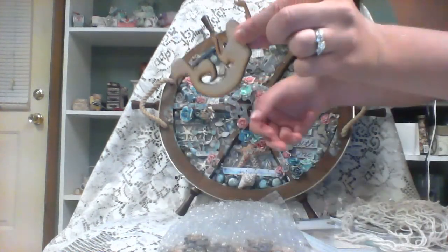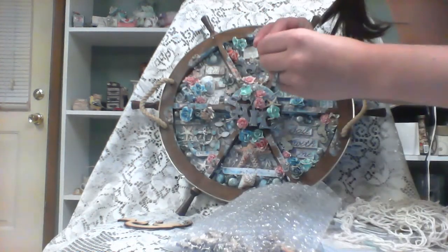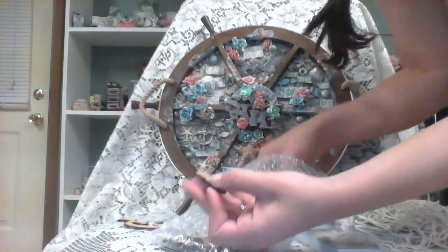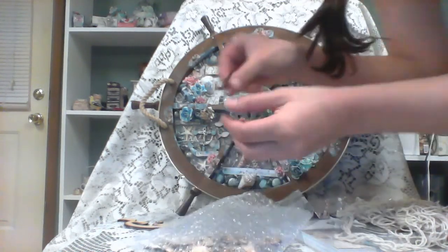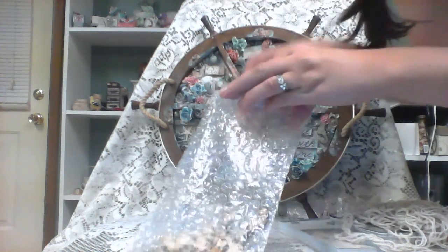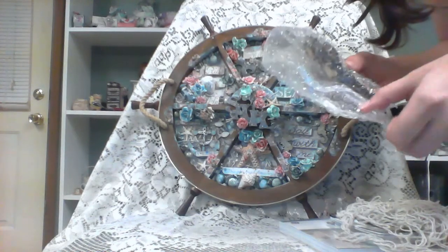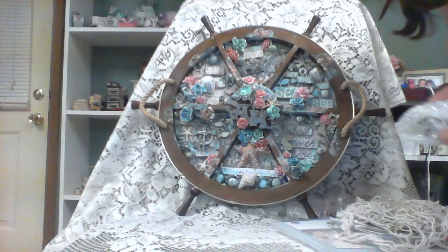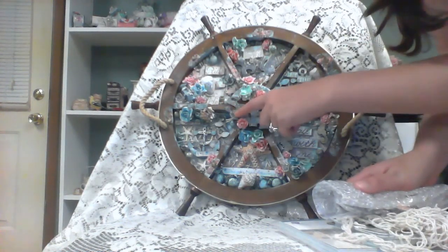Here's the little mermaid, they come unfinished like that, and I basically just heat emboss them. There's a little seahorse and some crabs and fish, and I don't think I used any, but I had little starfish too. I basically just heat embossed those with different distress embossing powders. So I used a blue and a gold, and then for the mermaid,